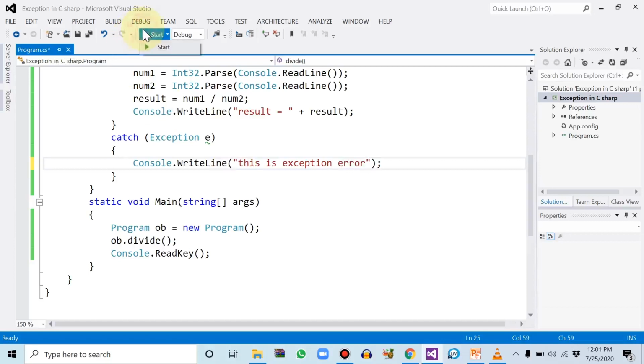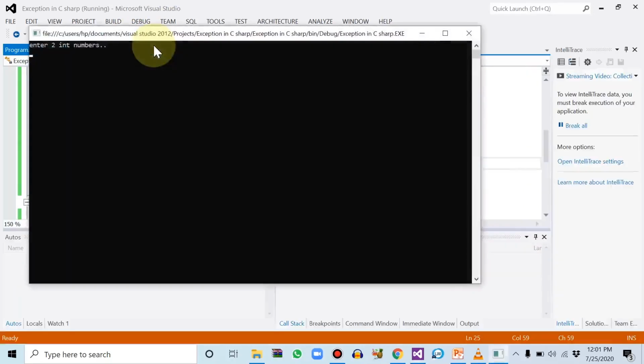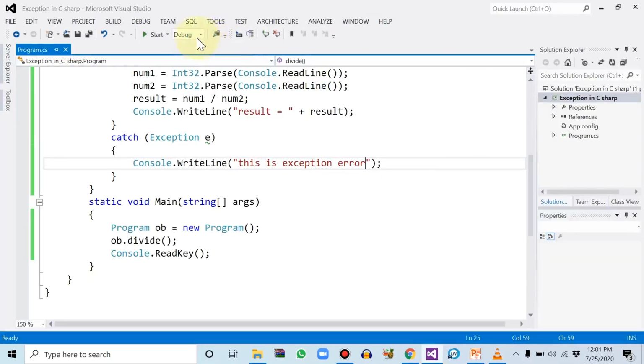Let's execute it again. Let's say 2 divided by 0, this is the exception error. So we have just printed our own message.